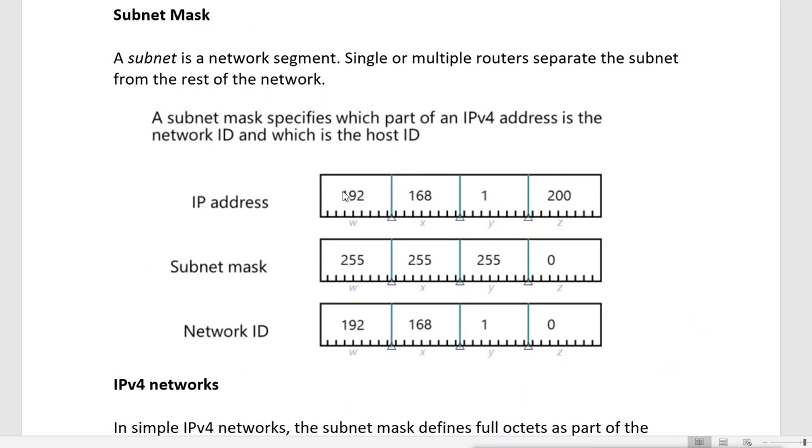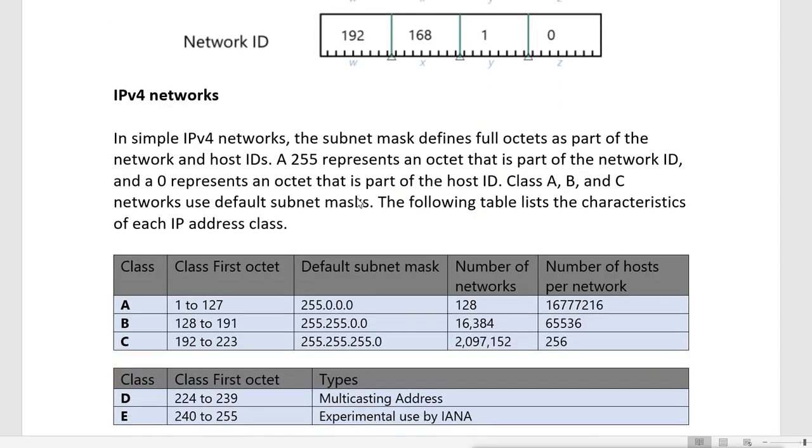Only the first part. Suppose this is the IP address 192.168.1.200. If I want to know its class, I only have to look at the first part, that is 192. So we can define the class.